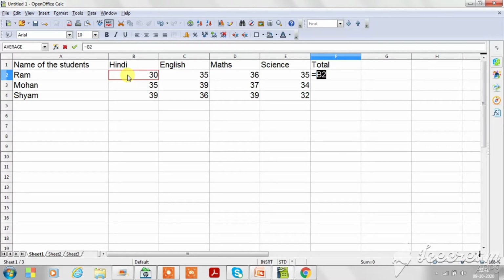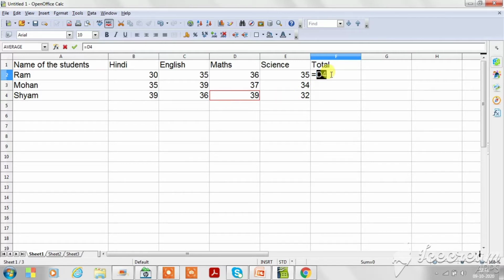That is the cell reference. And what about Ram's English marks? That is C2. Next D2. In the same way, Shyam's cell reference for Maths marks is D4. That is known as cell reference. The address of the cell is known as cell reference.